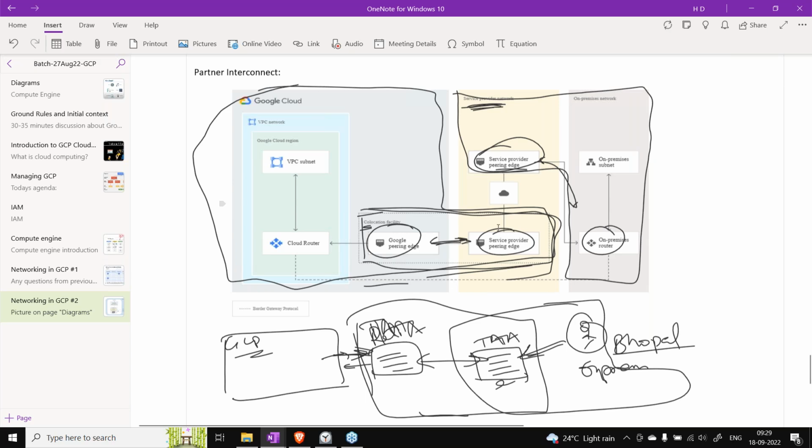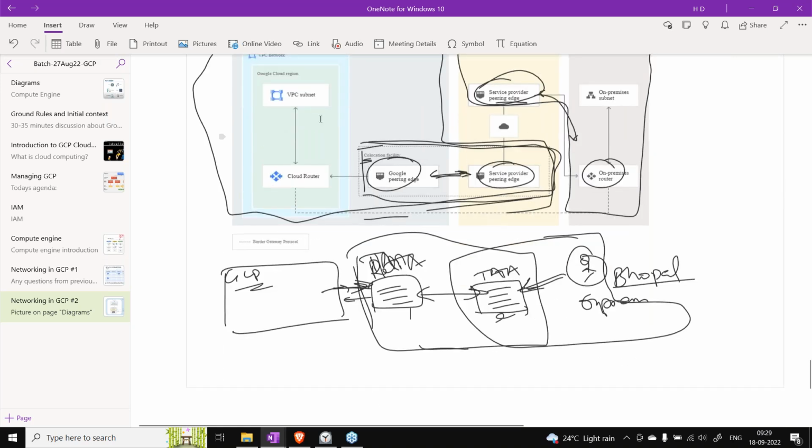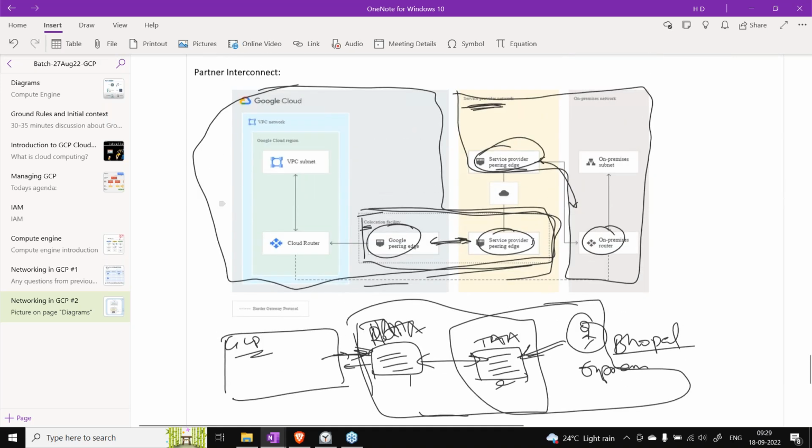But again, since there is the involvement of a middleman over here, you don't get end-to-end support. The support that you get from Google is only from GCP to the service provider. From the service provider to your on-prem, you need to take up with the service provider separately, right?